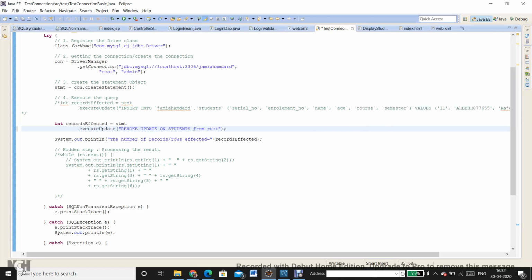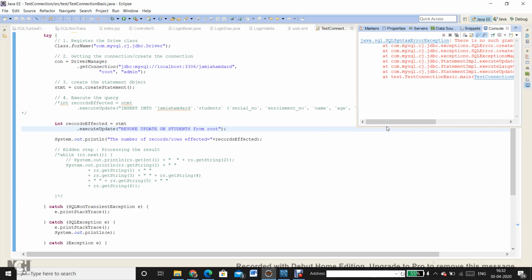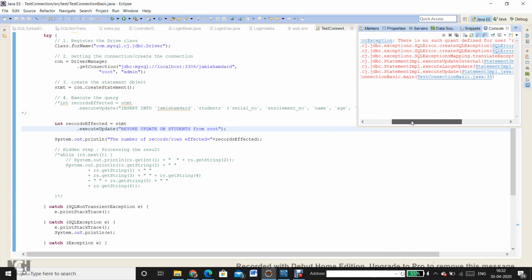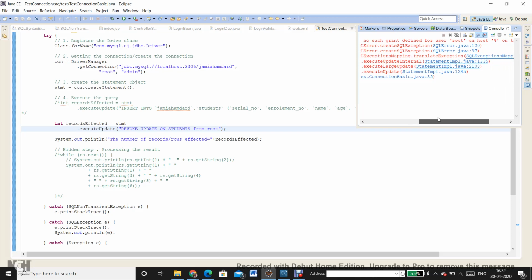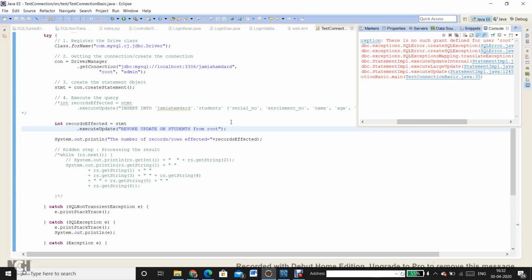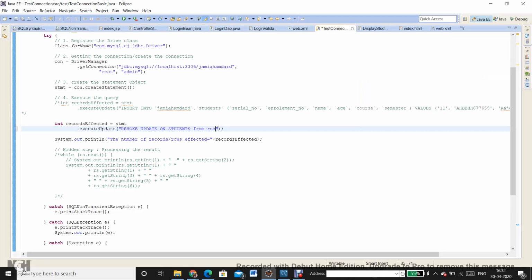Should be from, okay. It says there is no such grant defined for user root on host on table students, because root is a super user kind of thing. So let's see, tester.